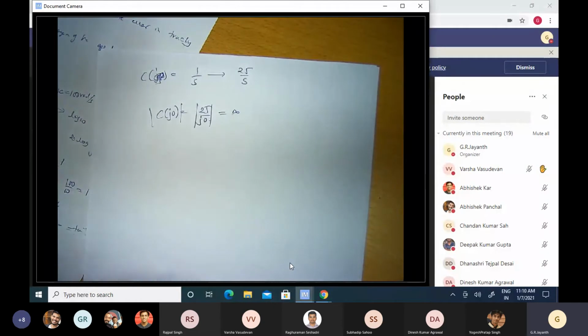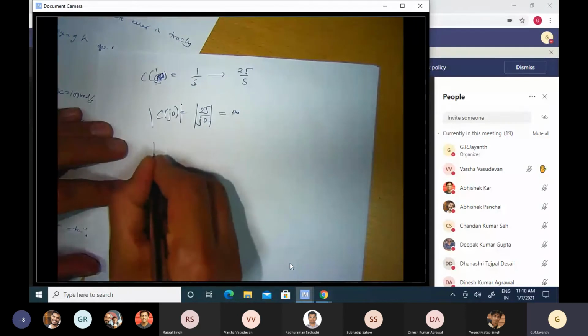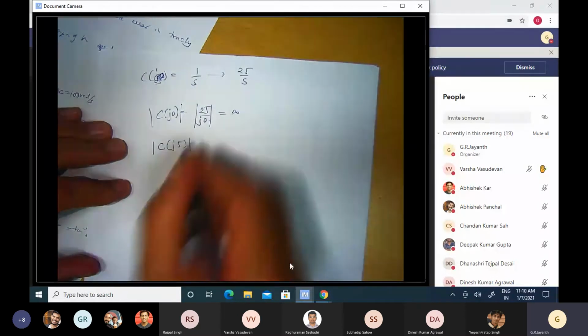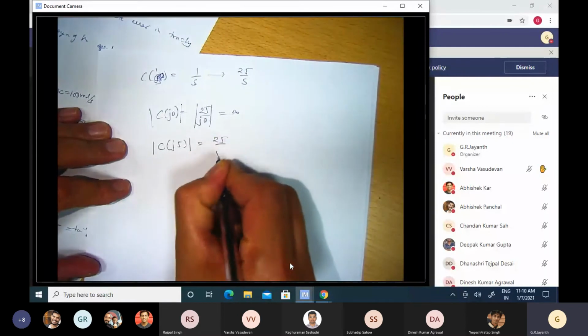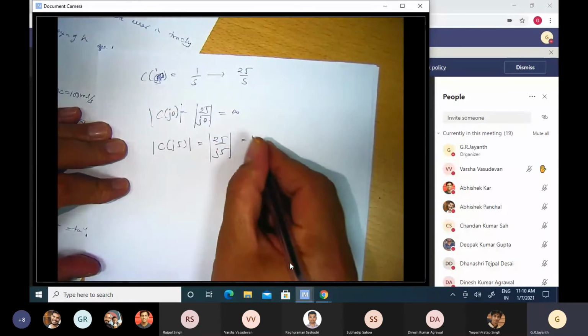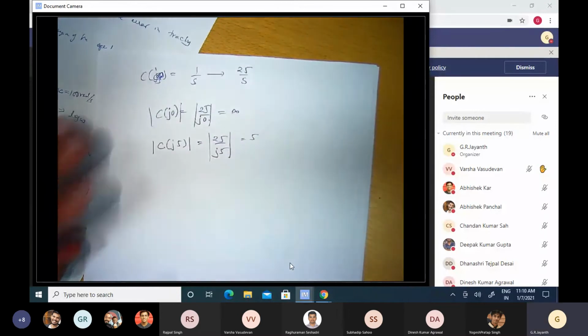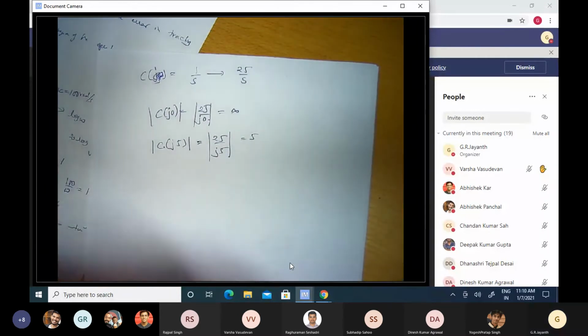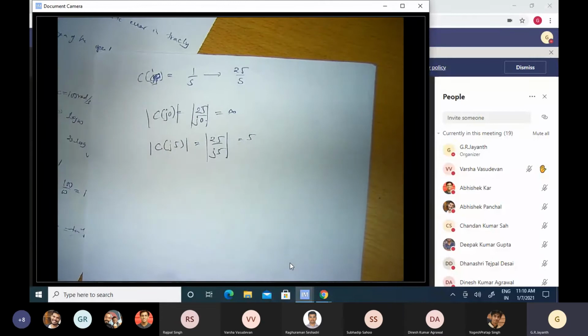How about the second specification? So what is the magnitude of C of j phi? It's equal to 25 divided by j phi. What is that equal to? Phi. Okay, so great. We have now come up with a controller C of s which satisfies both the specifications, and its evolution was guided purely by seeking simplicity.